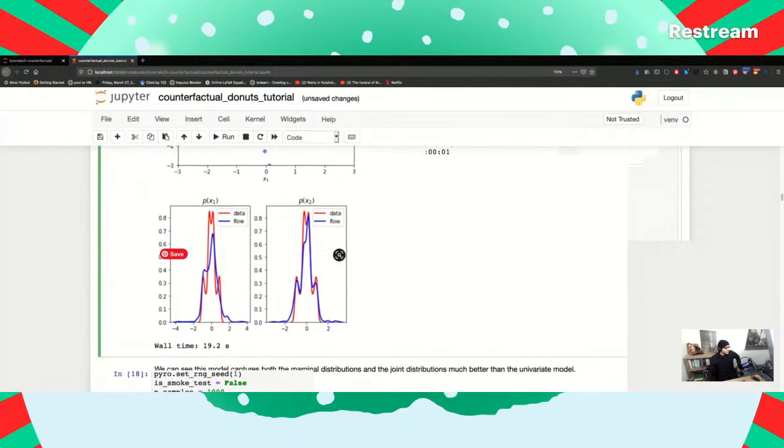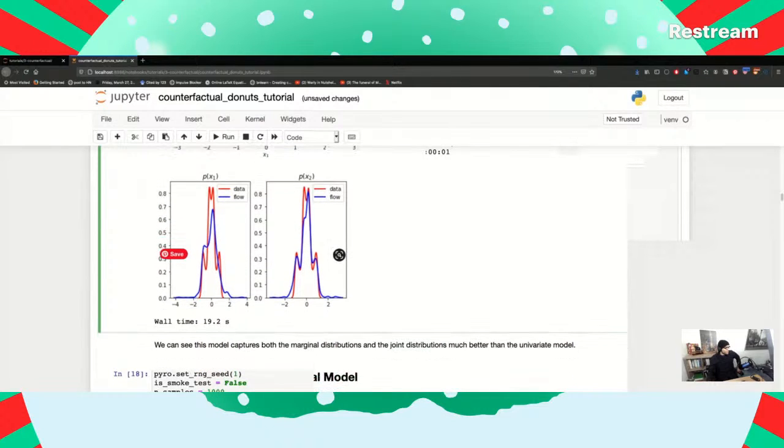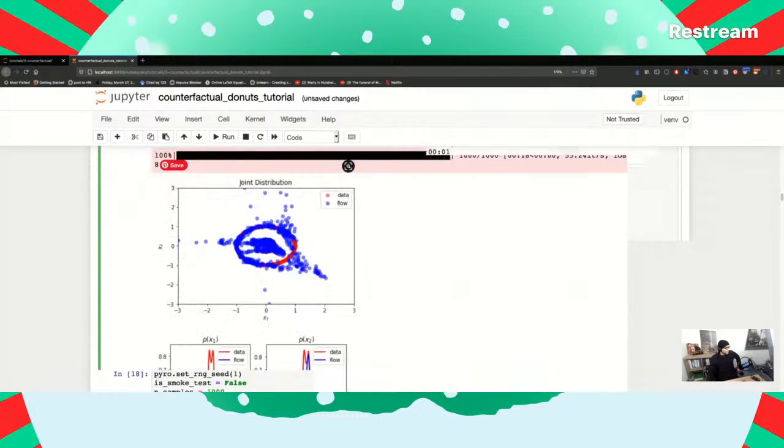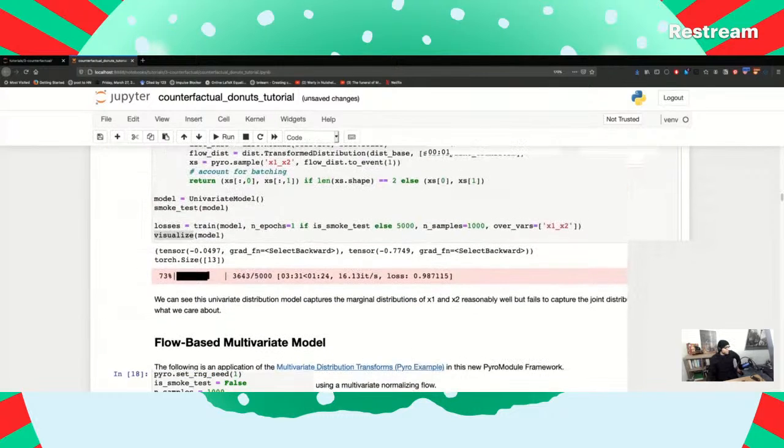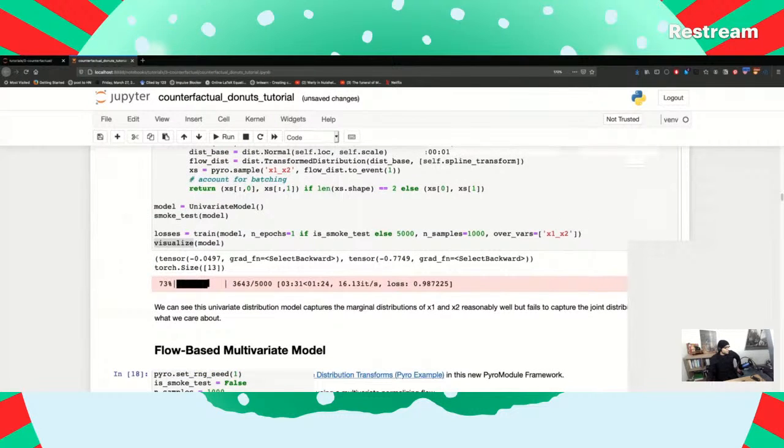Looking at the marginal probabilities. Okay. So I guess when we visualize this individual model, then we'll just see something that looks like a histogram.